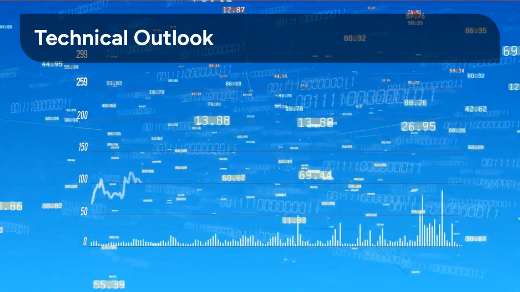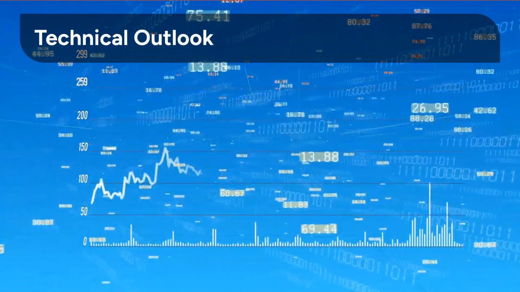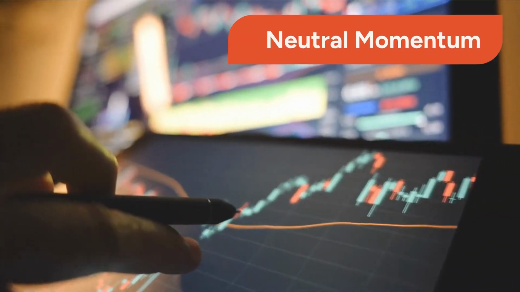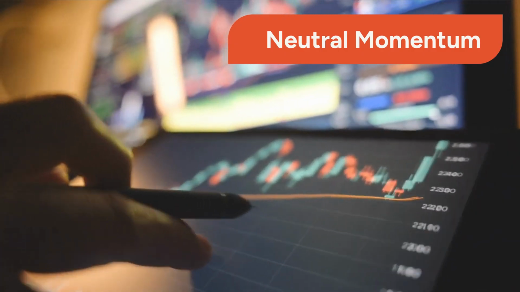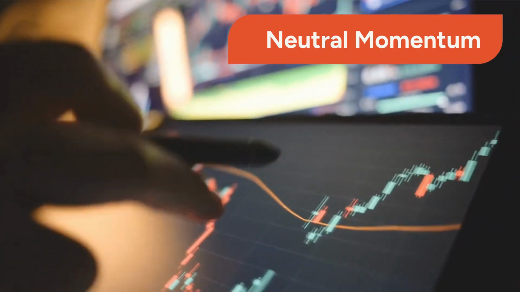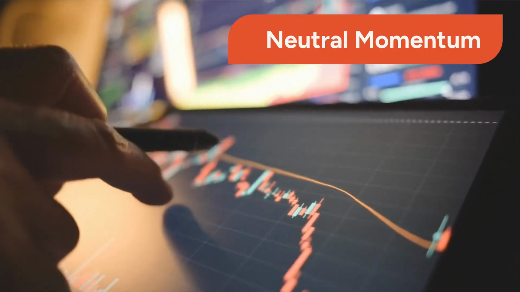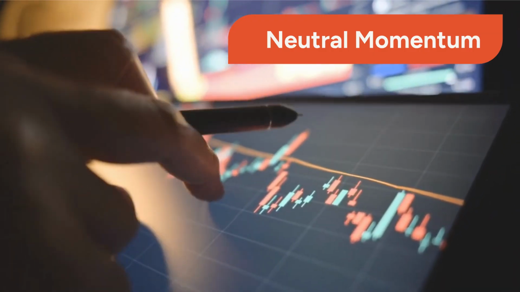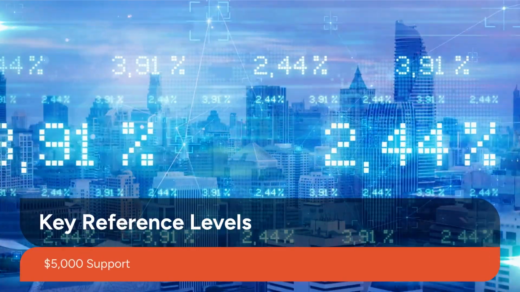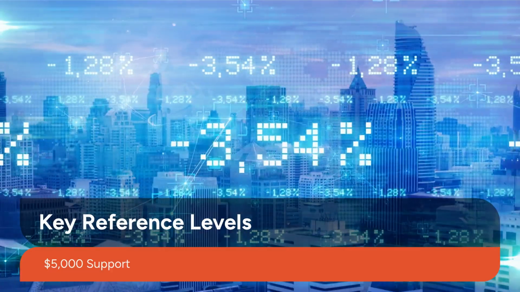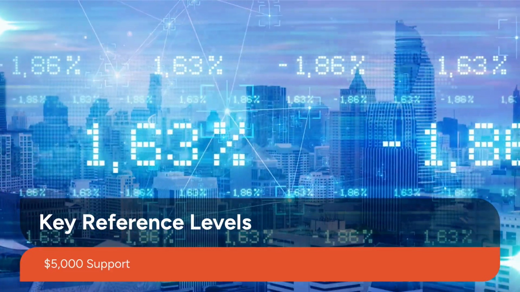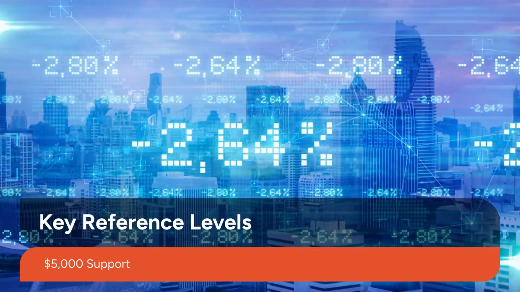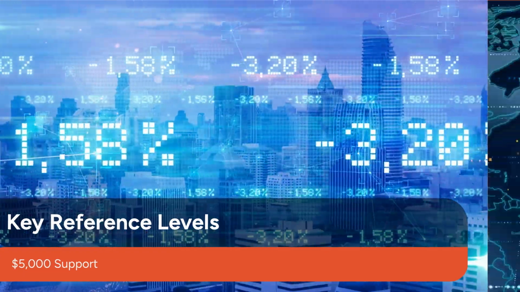Let's turn to the technical analysis. We assess momentum and oscillator readings to understand the current market temperament. Momentum indicators suggest gold is entering a consolidation phase rather than extending aggressively higher. Oscillators remain near neutral territory, indicating recent gains are being absorbed without clear signs of overextension. Immediate support is near the $5,000 to $5,014 range, while resistance approaches $5,100. Market participants are watching these boundaries closely for the next directional move.